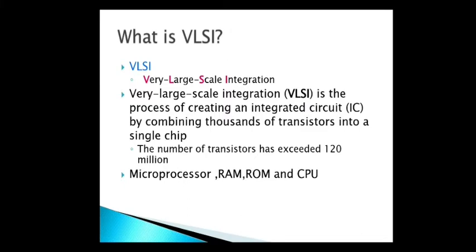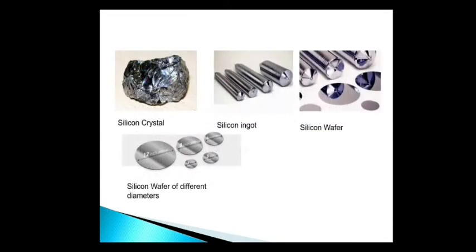Now, how are these ICs designed? As we all know, electronic devices are made up of silicon. So, these ICs are also made up of silicon crystal. Silicon crystal is shown in figure 1. Figure 2 shows a silicon ingot. A salami shaped bar of silicon, which is a single crystal, is called an ingot. This ingot is drawn from a furnace containing molten silicon.